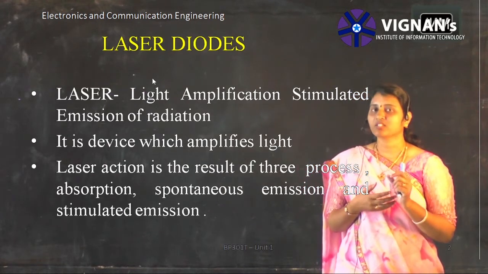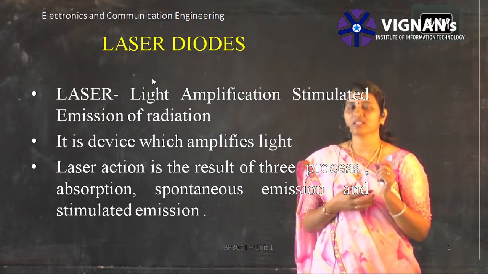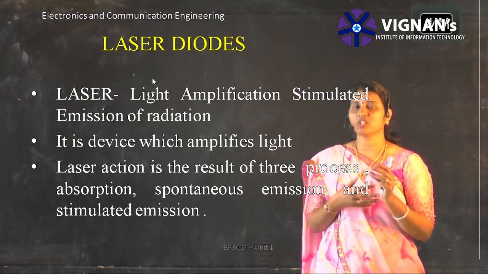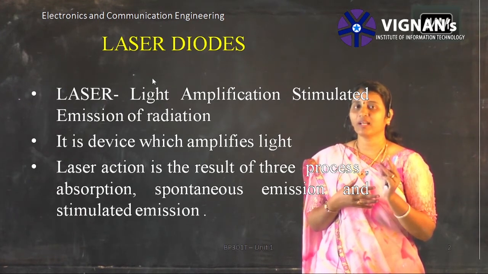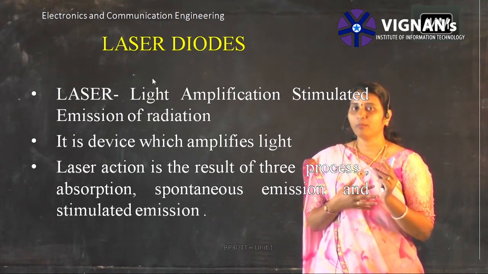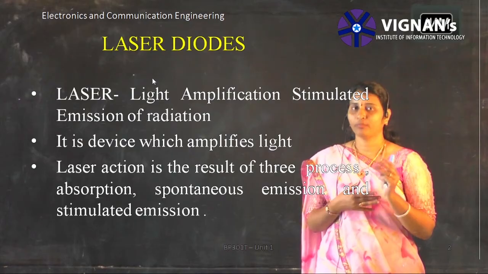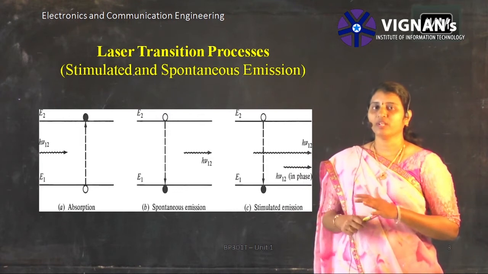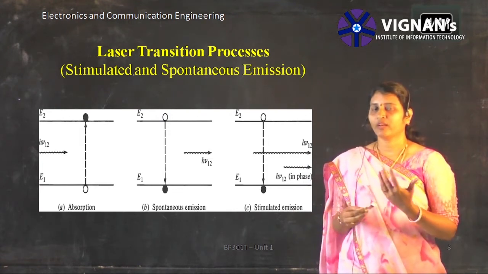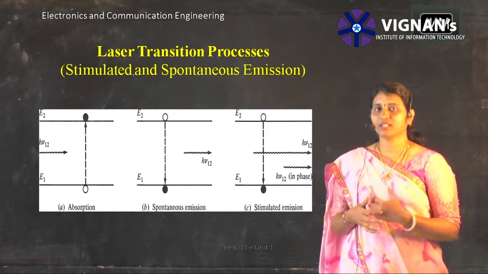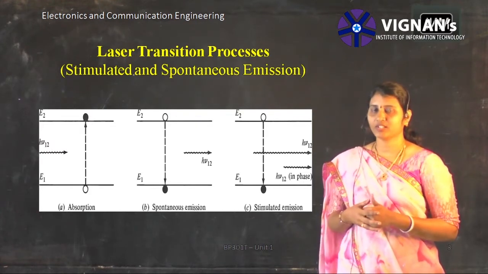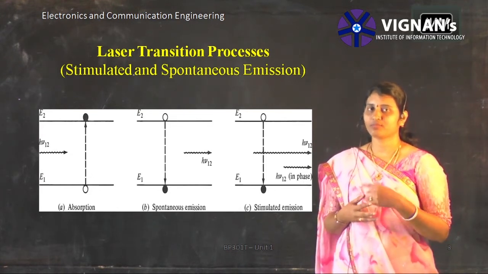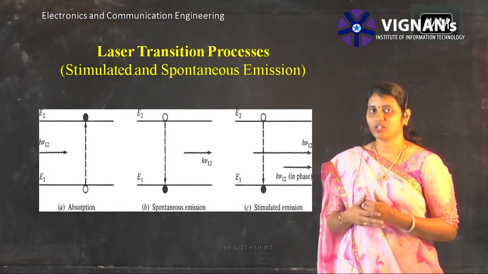The lasing action inside the laser device is specifically due to three phenomena: absorption, spontaneous emission, and then stimulated emission. All three mechanisms of light are involved in laser operation. Here you can see the three phenomena that occur in lasing action. Initially, when an atom in the valence band wants to move to a higher energy band, it takes some energy input and goes to the higher energy level. This process we call absorption. It takes the energy input.